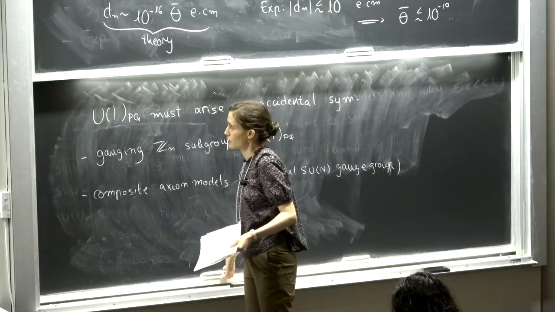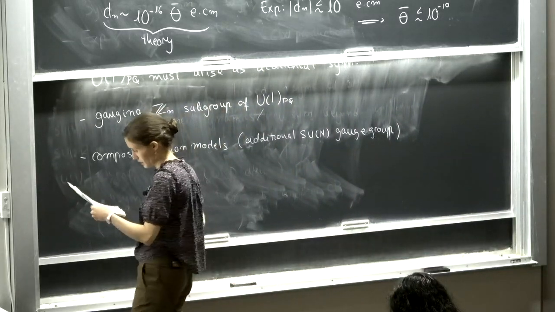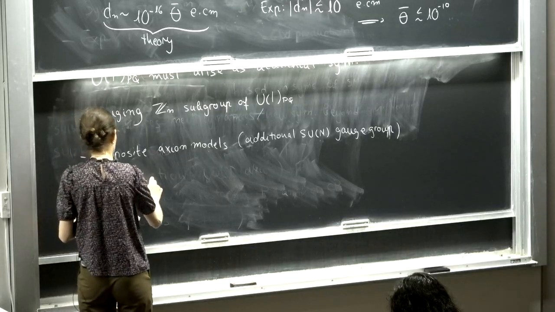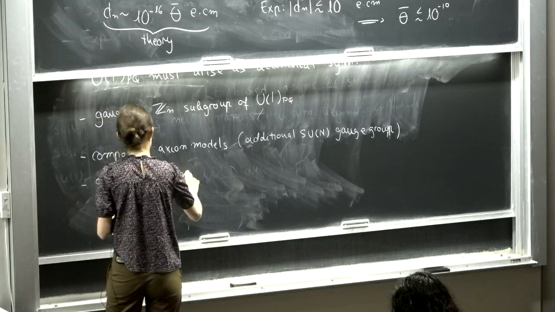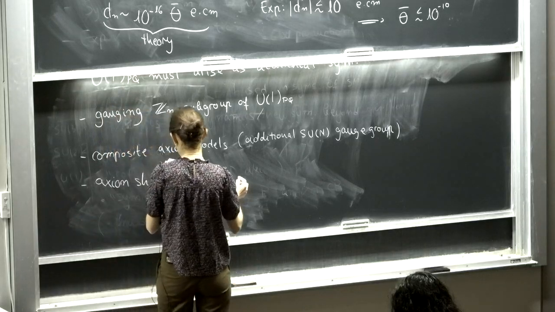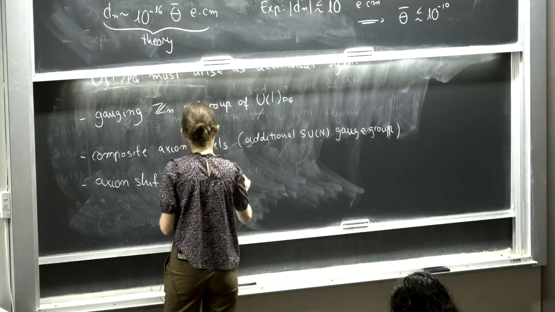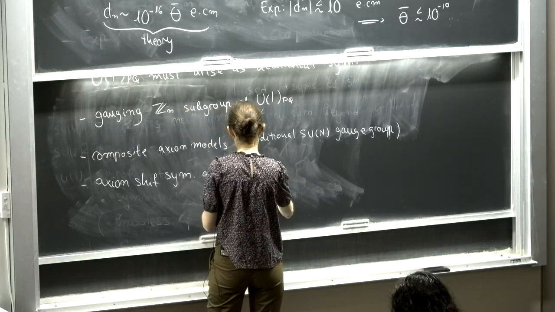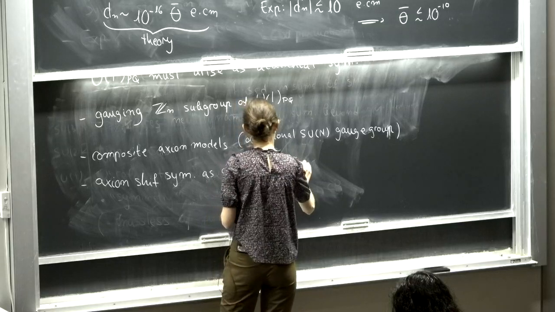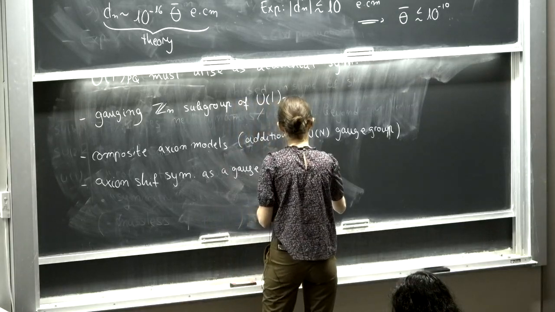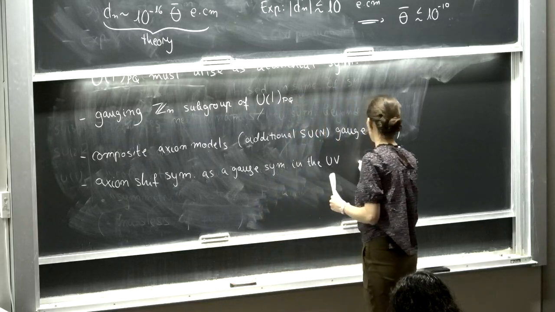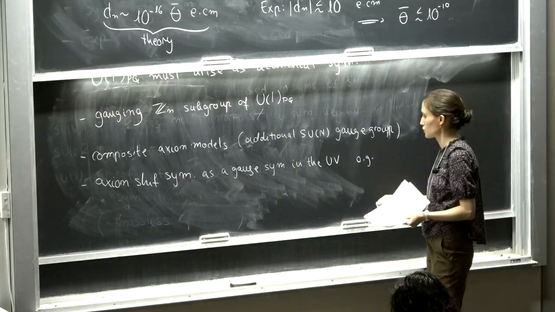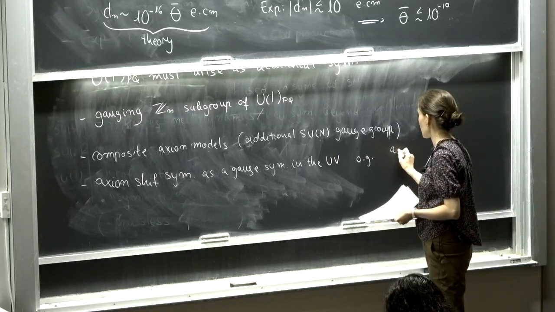And then perhaps, to me more interesting, is that the axion shift symmetry itself could be protected. So further corrections could be protected by gauge invariance in a higher dimensional theory. For example, the simplest thing would be a 5-dimensional UV completion on a circle where our axion